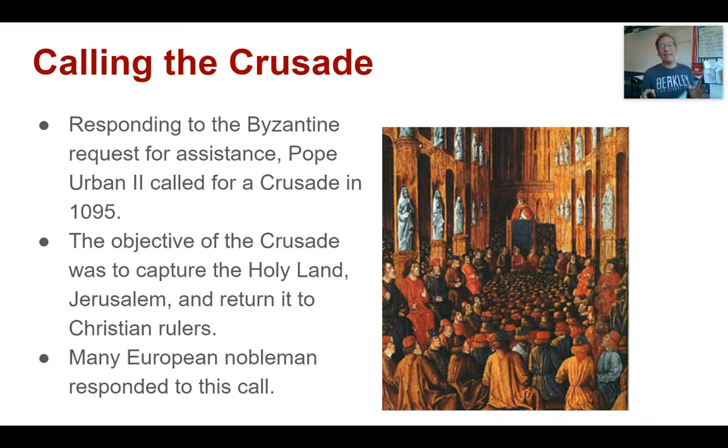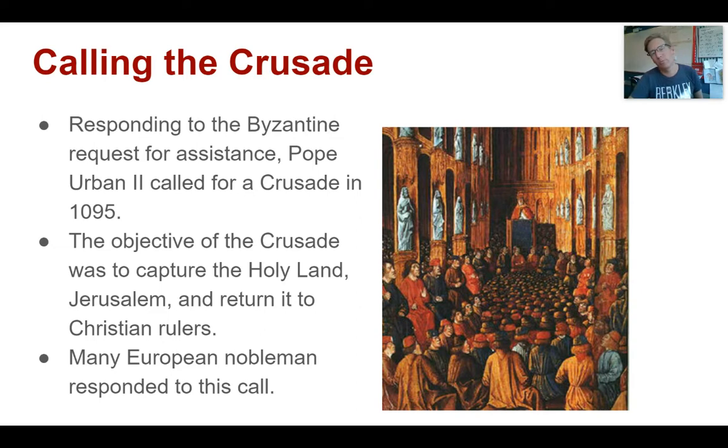Now, the Byzantines were particularly threatened by this, being non-Muslim themselves and having a lot of their former subjects conquered by the Seljuks. They ask for assistance. They reach out to Western Europe and they say, hey, the Seljuks are a huge problem. We can't handle this. For the sake of Christianity, please come out and aid us. And in 1095, Pope Urban II calls for a crusade, the First Crusade, to go out and beat up on